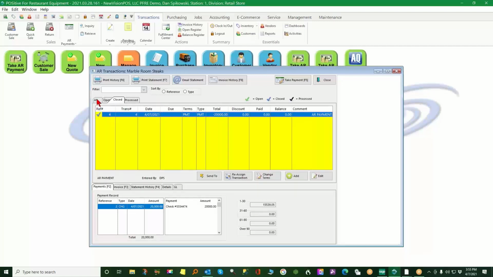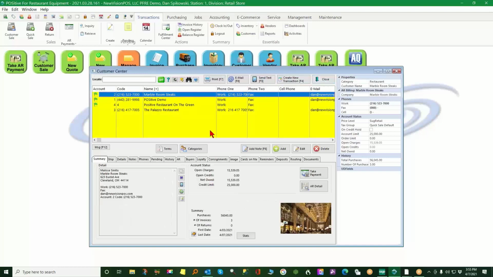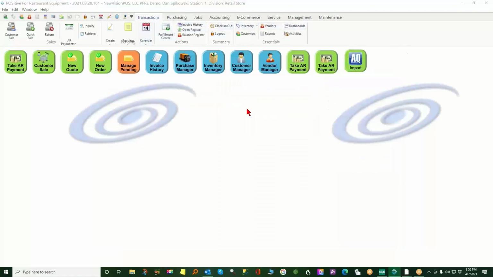And here's also where you can write off. Or if someone just gives you money without an invoice, you can put a deposit on their account and then apply it against the invoice when it comes time for billing. That's good for progress payments on jobs. So as I say, everything is in here that you could possibly want,